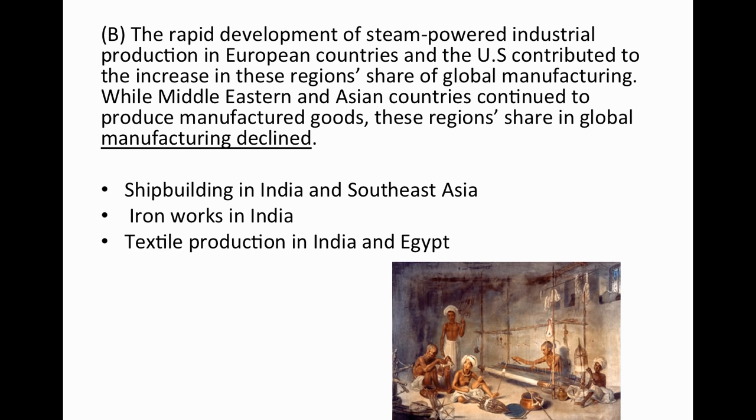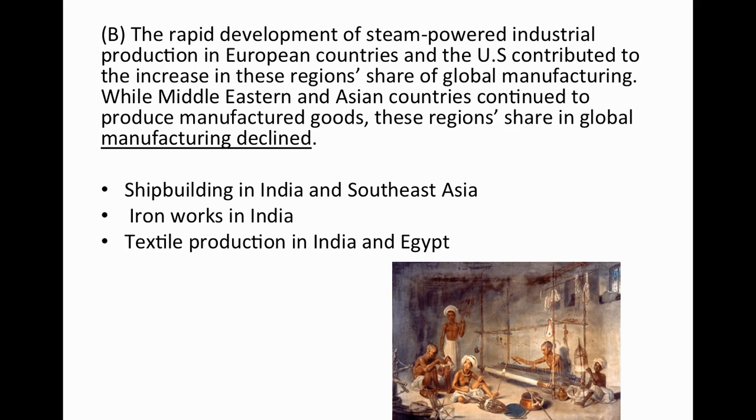And what you want to remember is, as manufacturing increased in France, Germany, England, manufacturing declined in India, mostly because of the British government limiting manufacturing in India, for example. So these are industries that were in decline in those colonies or outside of Europe. And that obviously was hurting local artisans or workers who were basically out of a job. So basically, England was kind of pulling all the resources out and limiting the local population from manufacturing those goods.